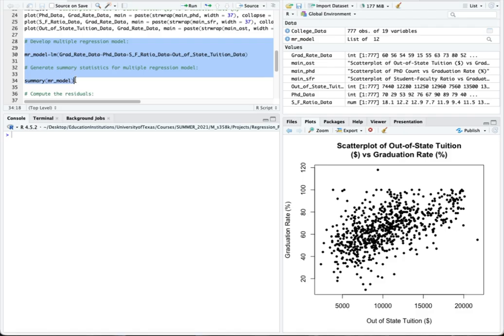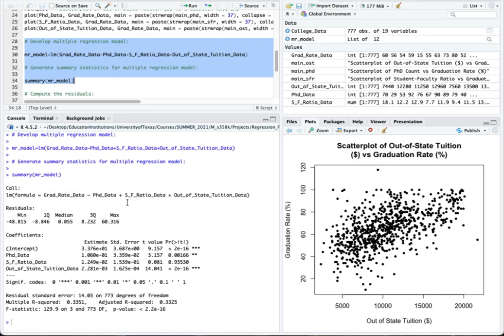So let's go ahead and fit a multiple linear regression model to the data and look at the model results. So we have the following model statistics. We can see from the results that the out-of-state tuition and PhD count make significant contributions to the model through large t-values, while the student-faculty ratio is not an important predictor of graduation rate. However, before we can confirm the usefulness of the predictors and make recommendations, we need to check important assumptions about the data. So in referencing the scatter plots of the predictors against the graduation rate again,